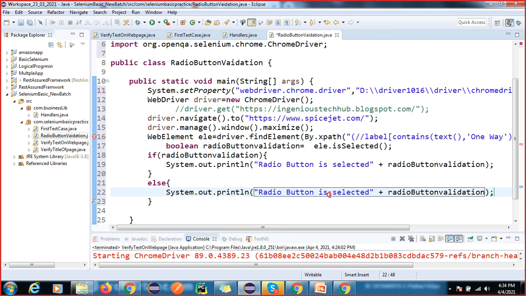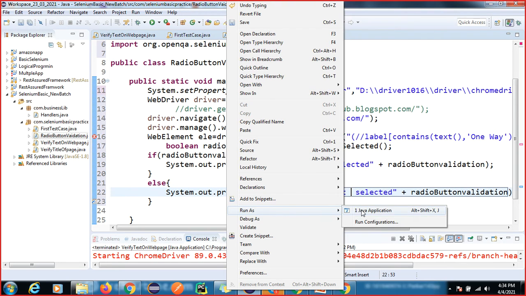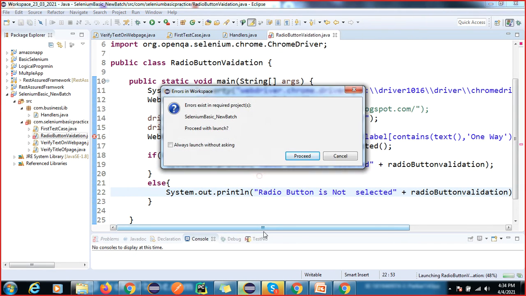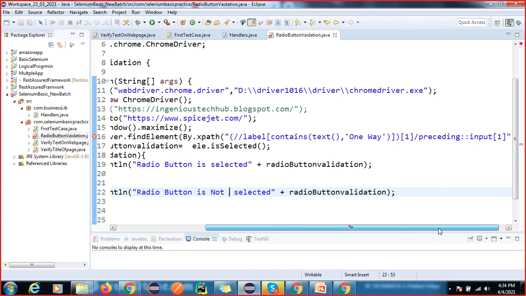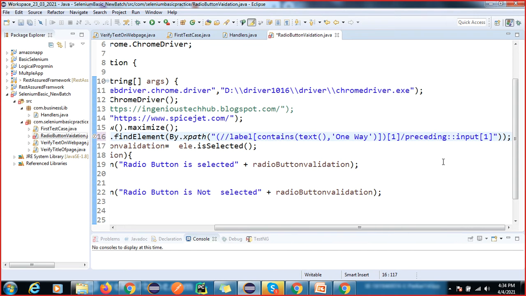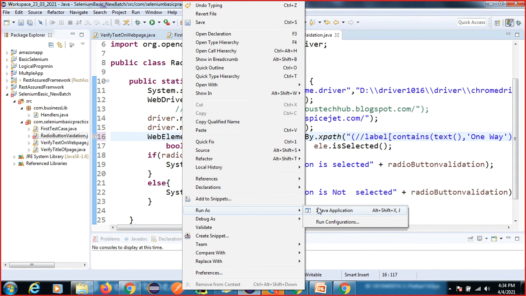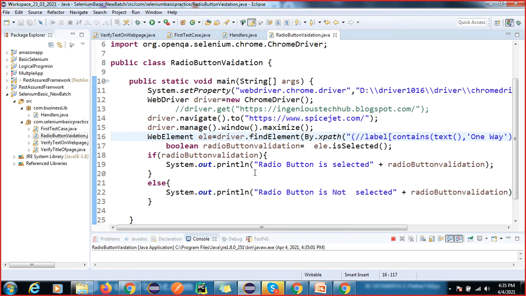Radio button is not selected, and it will return false. So let me execute this code and we'll see what happens. What is the error? Okay, I did not give a semicolon here, that's why. So now we'll compile this, execute this, and check whether it is working or not.